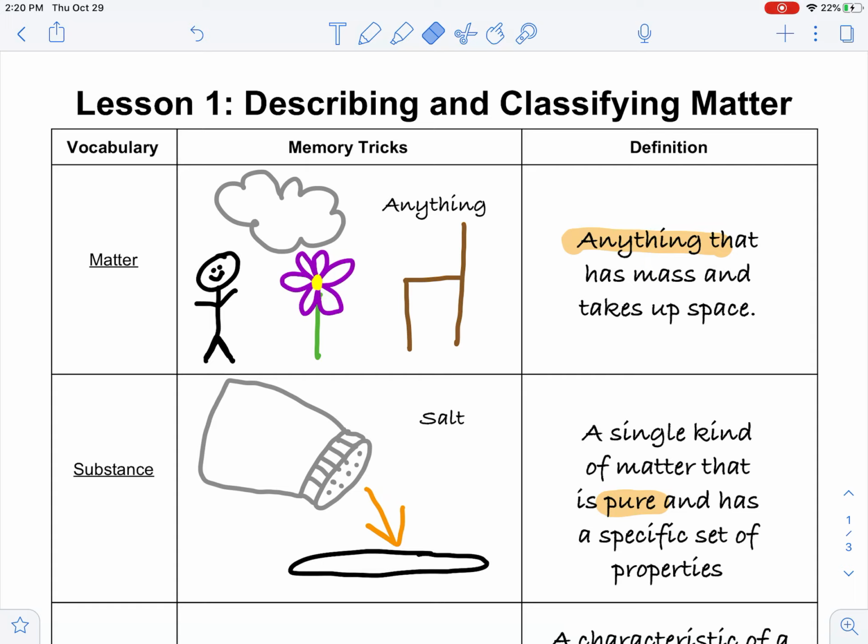So we have to be careful with substance. Substance is going to be something that is not going to change. Meaning if I go and get salt like I have pictured here, no matter what brand I buy, no matter what store I buy it in, even if its breakdown is different, whether it's small grain or large grain, the salt itself is the same thing. So it's a pure substance. I can't say the same for all things. You have to be careful with this one.